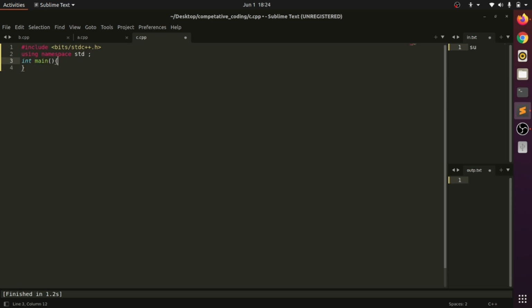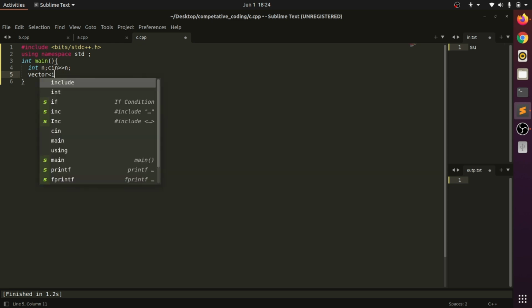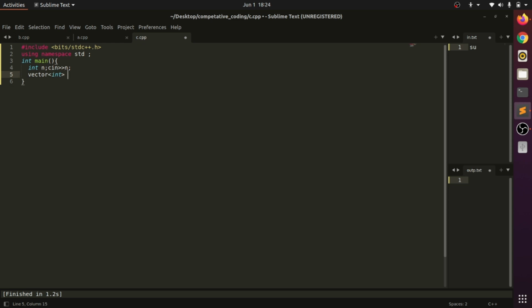Firstly we have to declare an array. I am taking the size from the user, and I am taking a vector. If you are not familiar with vector, I am soon bringing a video on vector STL. Vector comes in the STL, the standard template library of C++.